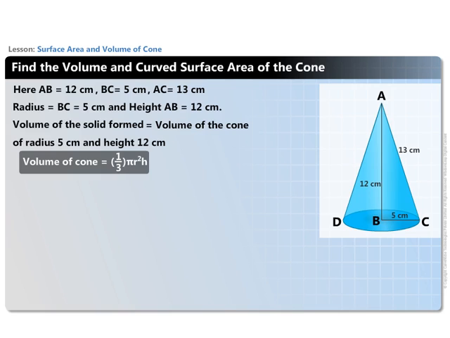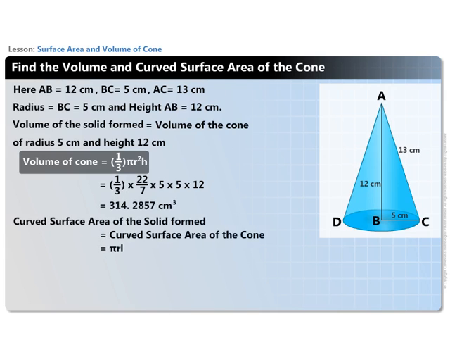Recall, volume of a cone is equal to 1 by 3 pi r square h. Substituting the known values and simplifying, we get the volume of the cone formed after revolving as equal to 314.2857 centimeter cube. The curved surface area of the solid formed is equal to the curved surface area of the cone. We know that the curved surface area of the cone is equal to pi r l. Substituting the values of radius and length and on simplification, we get the value of the curved surface area of the cone as equal to